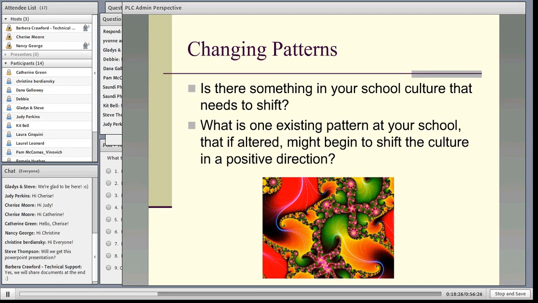One of the things was the fact that we spent a lot of time talking about teaching instead of learning. And so we really began to intentionally work on our language across the school and reminding each other as someone would start to talk about teaching or instruction, that we would push the idea of what impact does that have on learning? What about learning? What does that mean for learning? And so just that language shift, although artificial in the beginning, began to push people to really think differently around that.